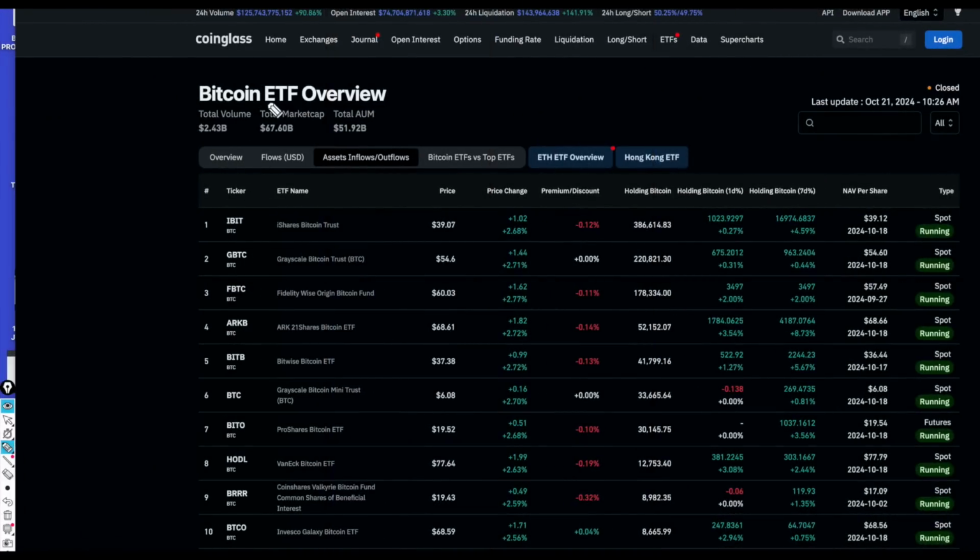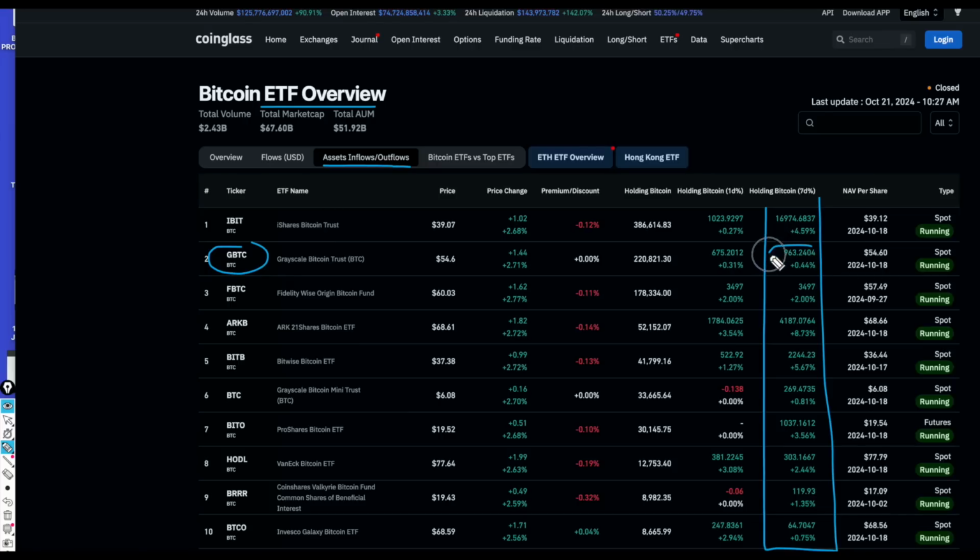And if we move on to the ETF overview, this is giving us the asset inflows and outflows for Bitcoin within these exchange traded funds. And for the first time since I've been showing you this, we've now got a full board, which is all green here. In the past, you always saw that the Grayscale Trust was usually always in the red here and with a very big figure, and some of the other ones were as well. But what we're really getting is an incredible amount of buying going on in the ETFs.